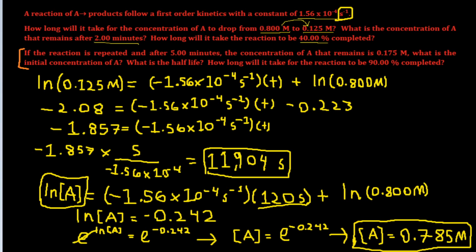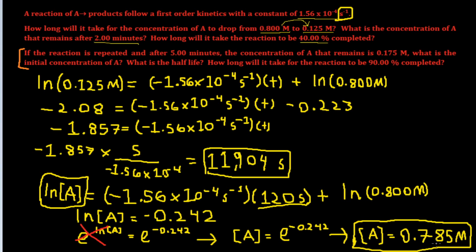And it'll just be A, and then it'll be e to the negative 0.242. When you put e to the negative 0.242 in your calculator, your final value of A, or the molar concentration after 2 minutes,